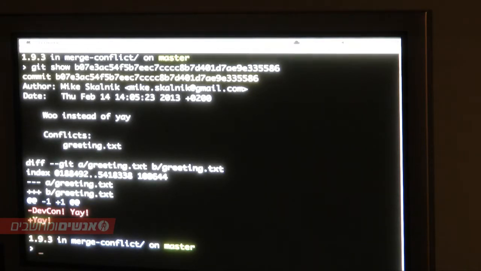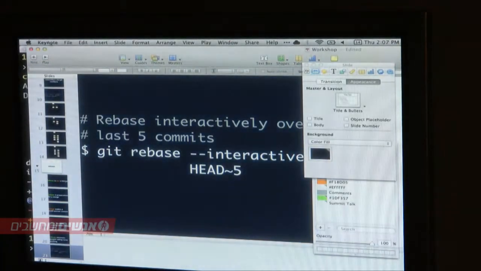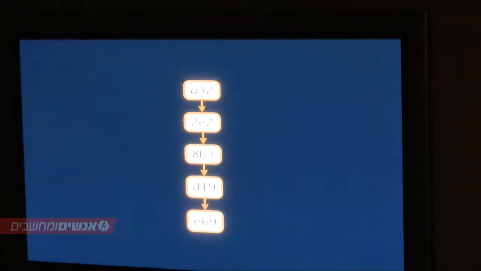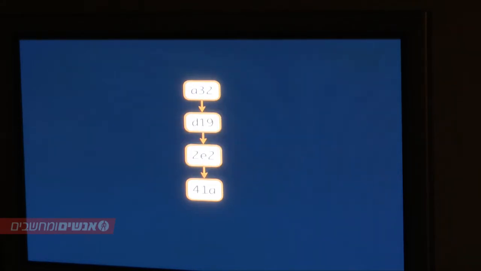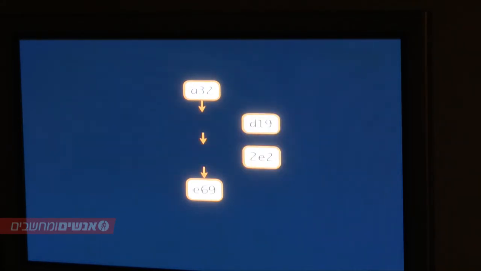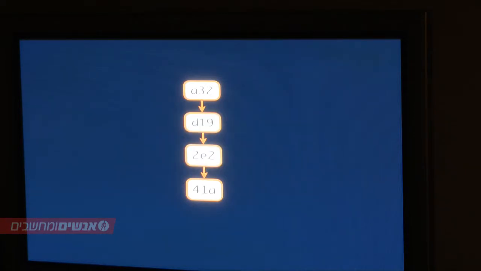Now, one really cool shortcut that Git has for this is called auto squashing. Here I talk about all the things you can do with interactive rebase. You can remove commits, take them out, reorder them, and put them back in. Now, when you put these back in, while these SHAs might change a little bit, anytime you change a parent, all of the children are going to change, because the parent is part of what gets hashed into your SHA.